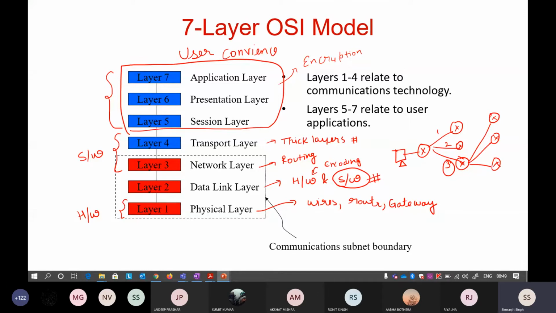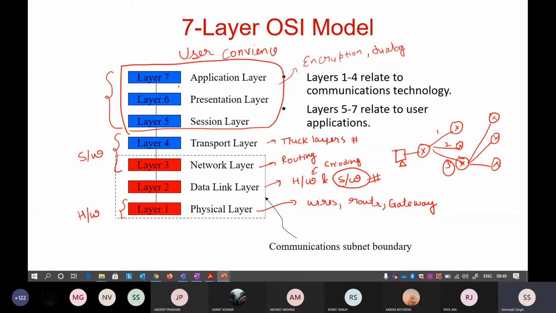It means that when your data is encrypted, nobody is able to read it. These functionalities are very important nowadays, because as communication is growing, we tend to use these layers: encryption decryption, and dialog control, all the functional components that provide convenience to the user are defined in these three layers.